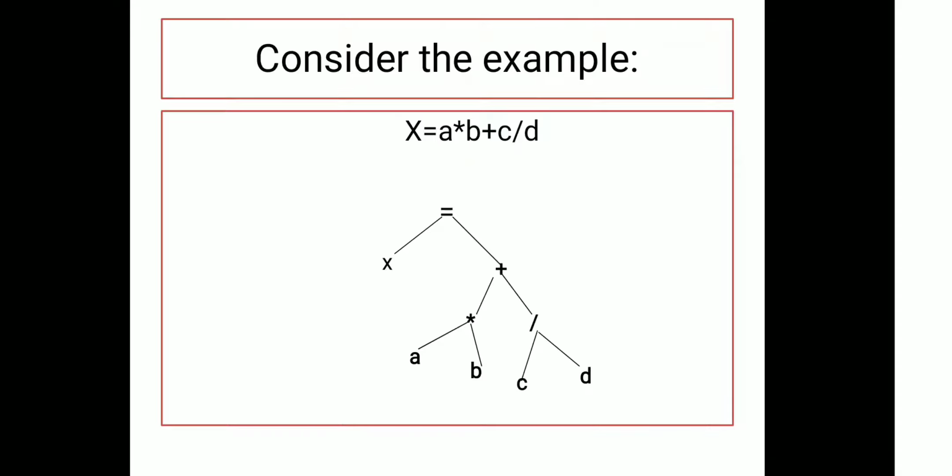Then we load c into some register, d into some register, and perform the division operation. Then a star b, already stored in one register, is added with c divided by d. So an addition is performed, and finally we perform the store operation.